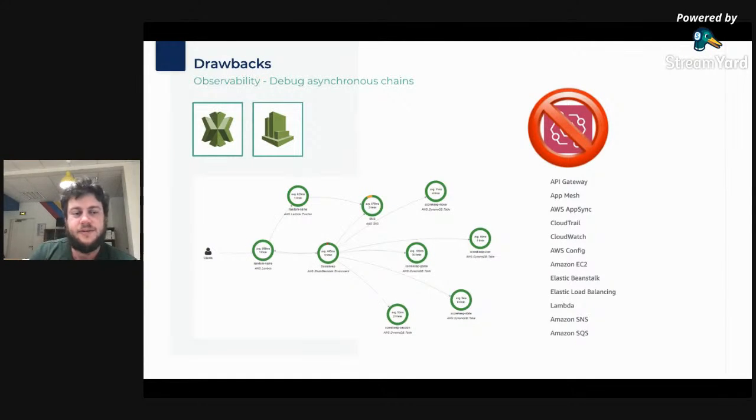This would have been perfect. However, X-Ray is not fully supported. X-Ray only inserts a correlation ID used inside the event triggering all the various parts of your architecture. And those correlation IDs are not passed along in all the services. They are not passed through DynamoDB when something is inserted, so that you can follow what is being consumed downstream in the DynamoDB stream. And they are not passed through inside EventBridge.